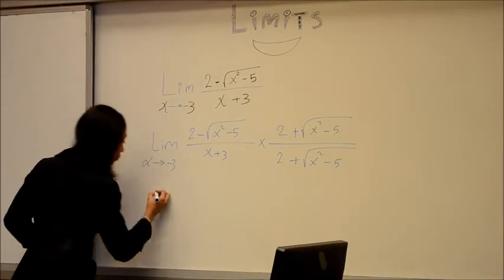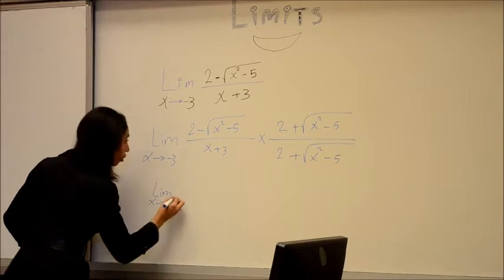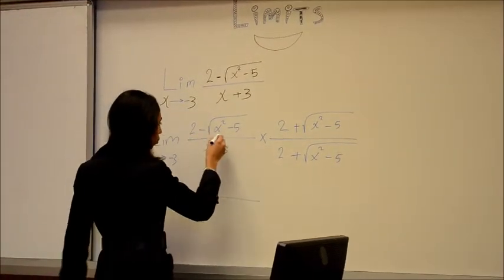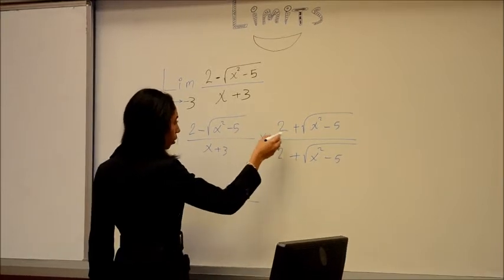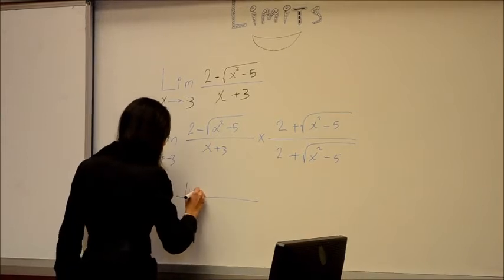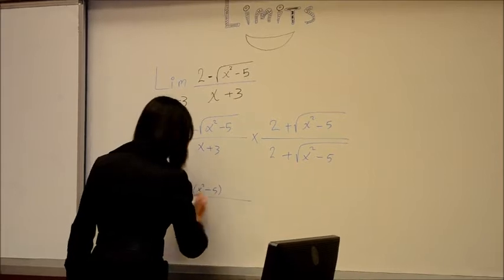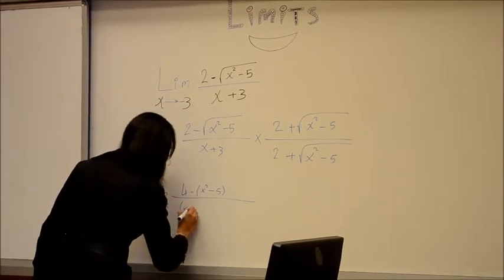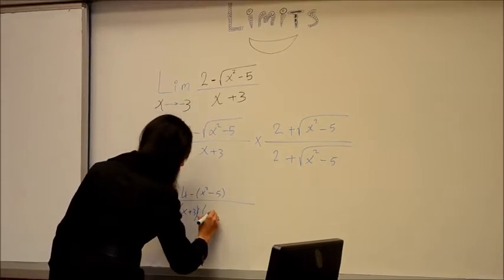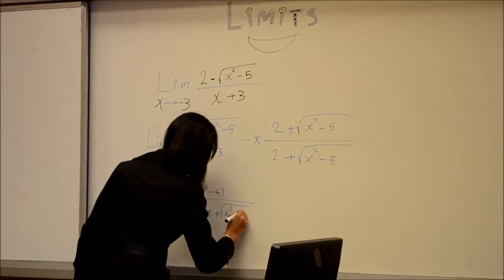If you multiply (2 minus square root of x squared minus 5) times (2 plus square root of x squared minus 5), we will have 4 minus (x squared minus 5) over (x plus 3), multiplied by the conjugate, 2 plus square root of x squared minus 5,